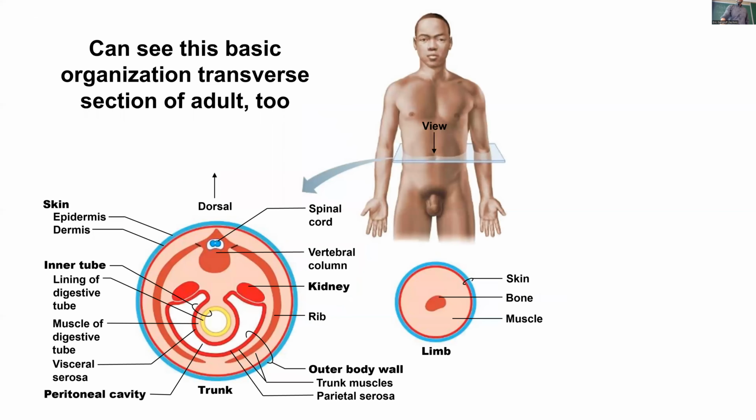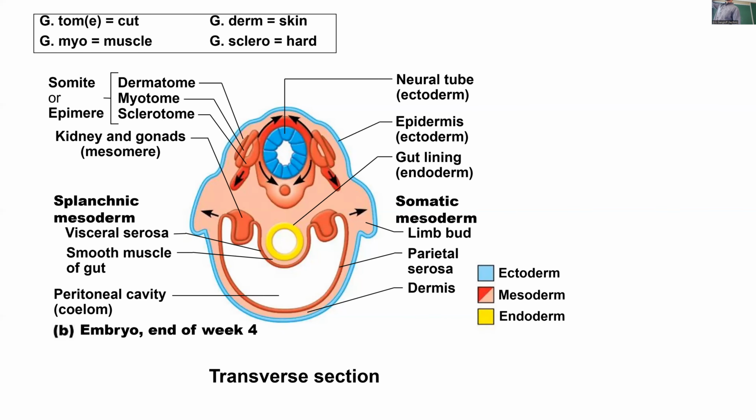And we can see this exact same structure carry through in an adult. This is a transverse section of an adult. And you see almost the exact same pattern here. Now, the relative size of things have changed. The spinal cord is relatively smaller. More space is taken up by the mesoderm. The endoderm layer, the digestive tract, gets relatively smaller. But you can see that that structure looks very similar to this in terms of the layers and their placement